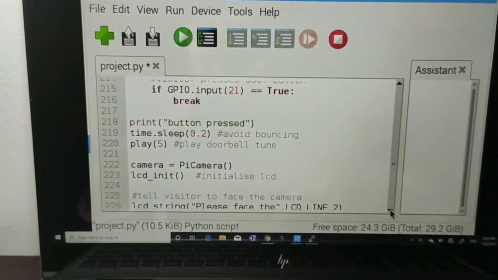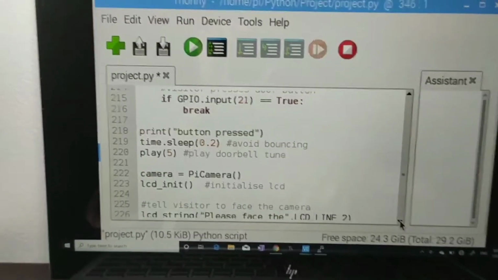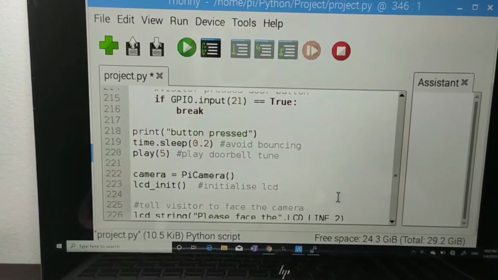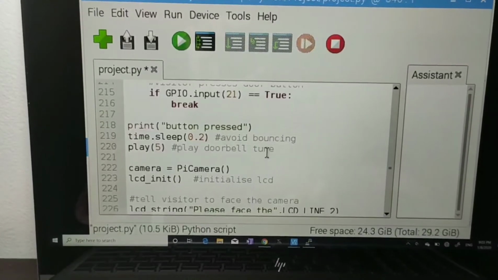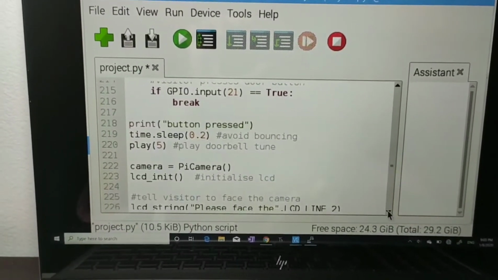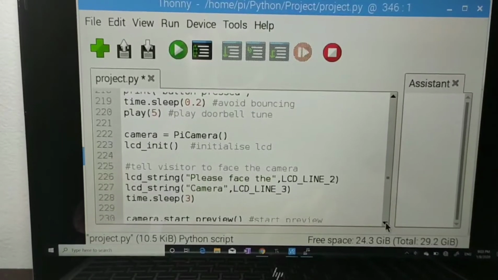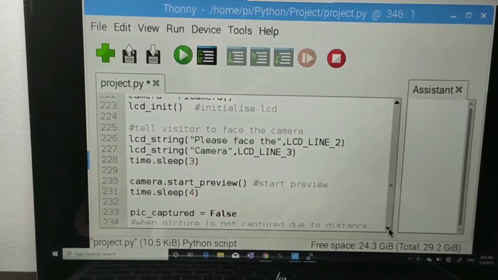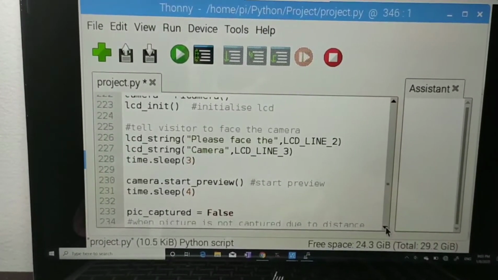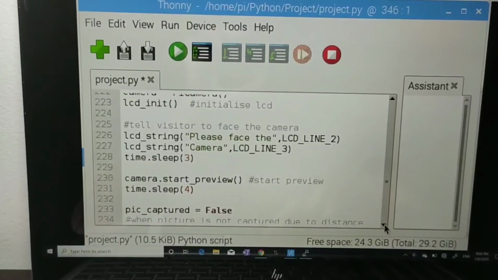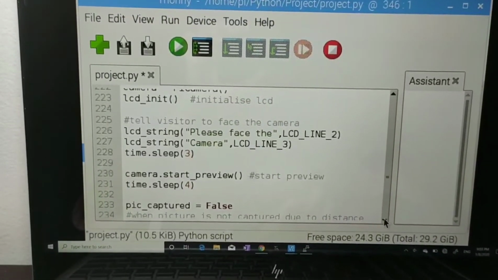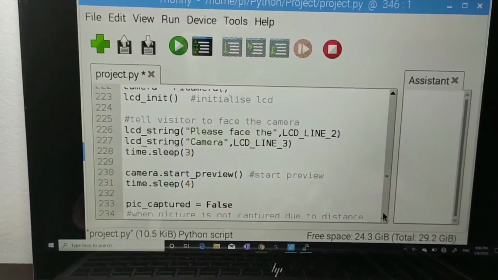Then it will print button pressed and play the doorbell tune. Then the camera is set up, and the LCD display will tell the visitor please face the camera. Camera starts preview, and